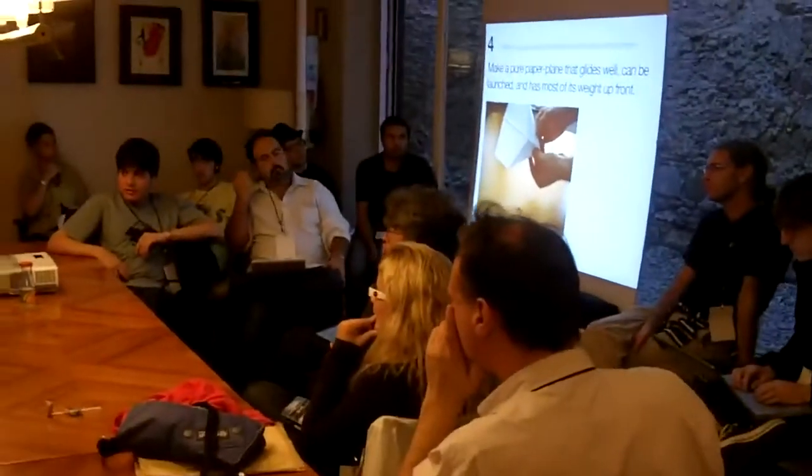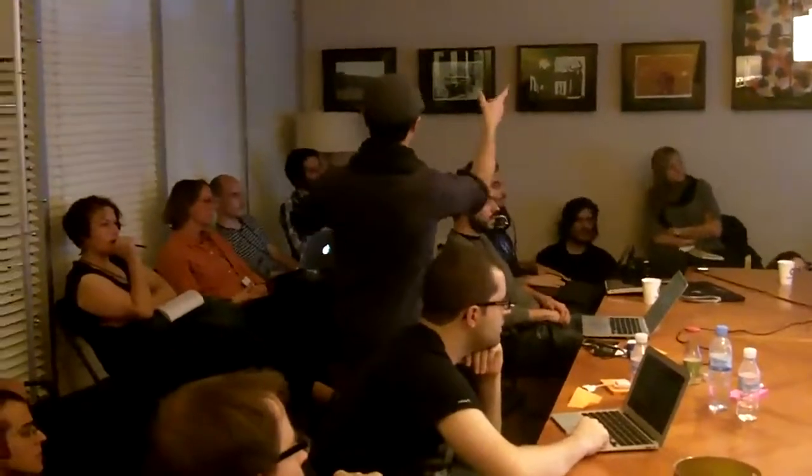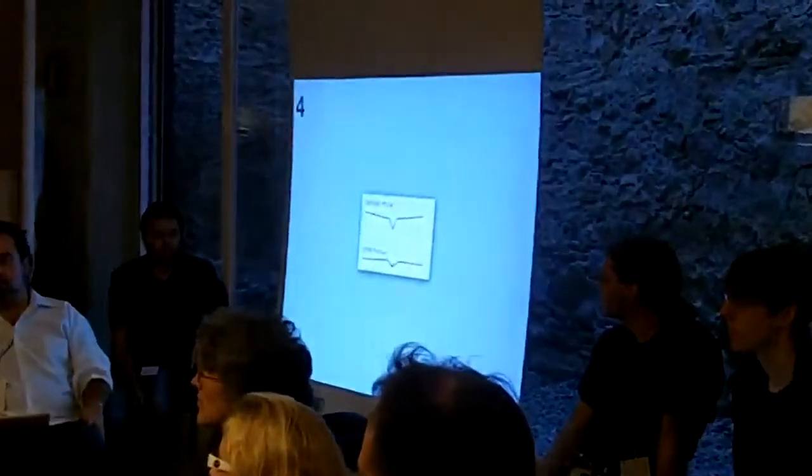So I changed the design problem yet again. Make a pure paper plane that glides well, can be launched, and has most of its weight up front. Given that design specification, it was pretty easy to come up with a new paper airplane that performed even better. But there's yet another problem. See, I told you I'm a geek. When you throw a paper airplane, the fuselage starts like this, and then it flattens out under the weight of being thrown.